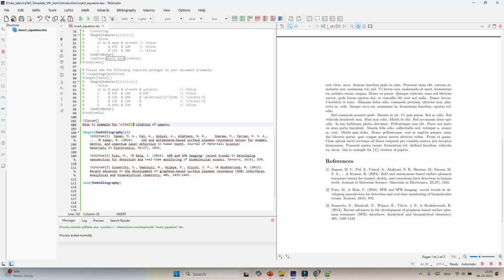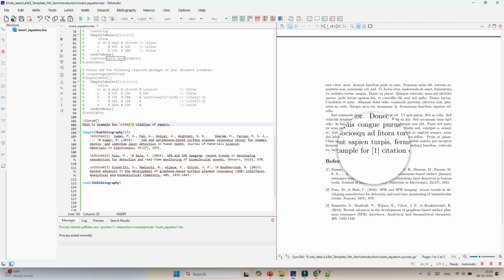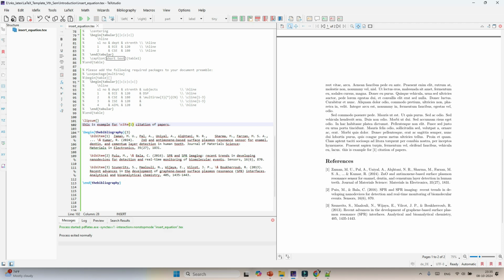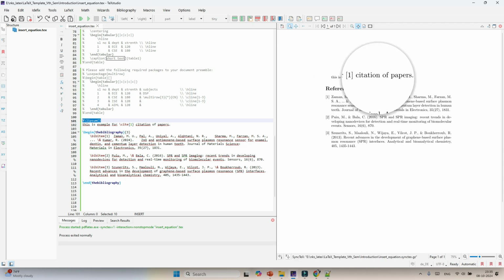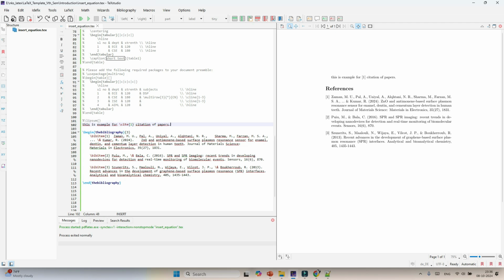Let us not give the square bracket. You are able to see the citation appearing here. Let us mask this lipsum and execute this. We are able to see the citation here. Once again, let us cite the remaining paper. Here we are analyzing the performance of